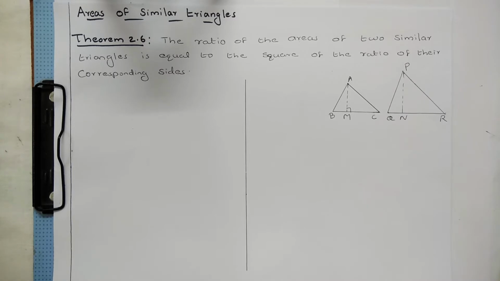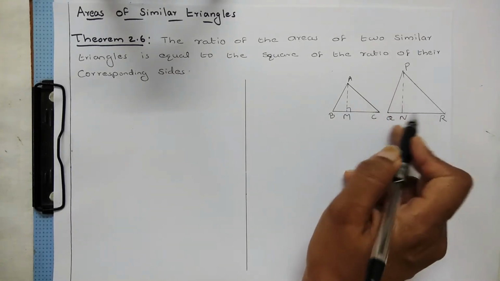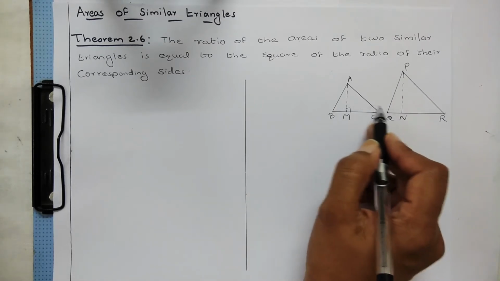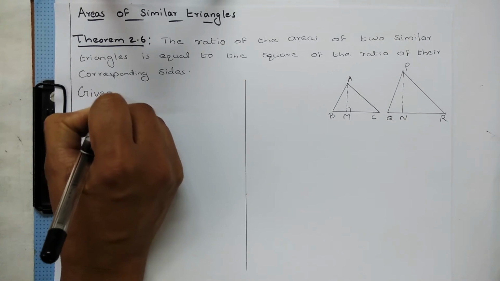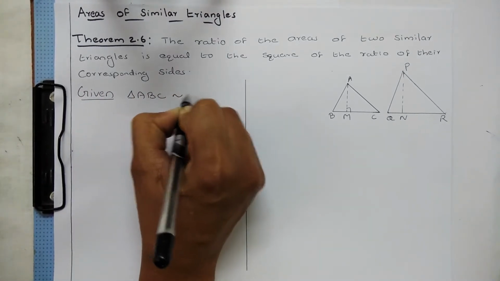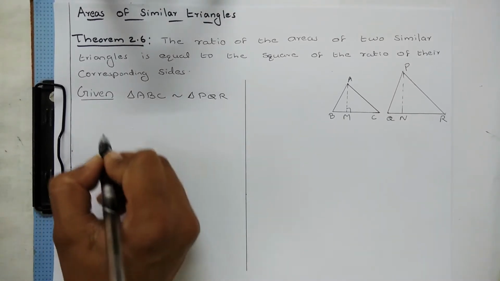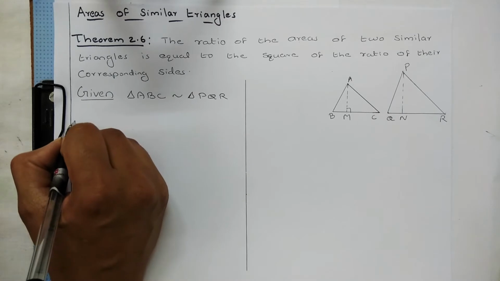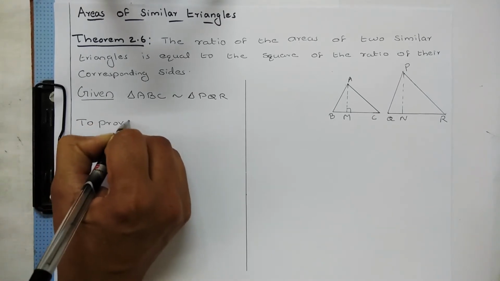of their corresponding sides. I have already drawn ABC and PQR, the two triangles. They are similar. So what have they given here? They have given triangle ABC is similar to triangle PQR. That they have given. Okay. Then we have to prove. What we have to prove? The area of